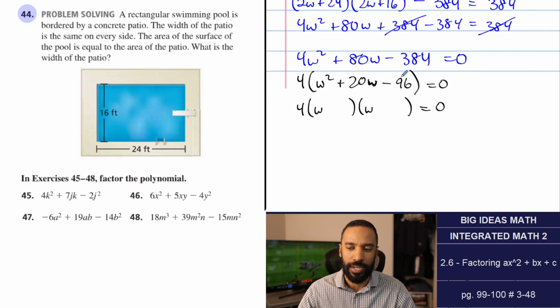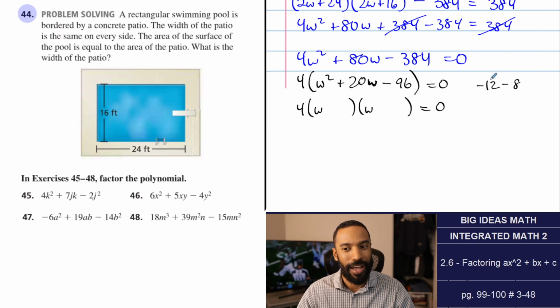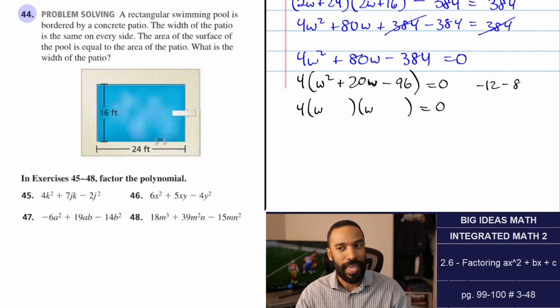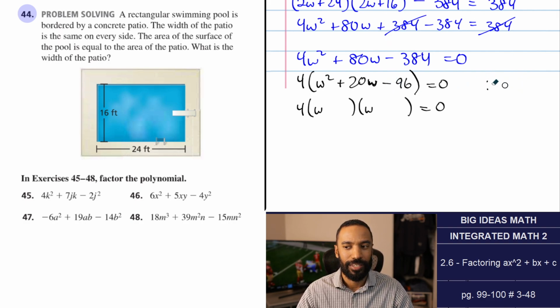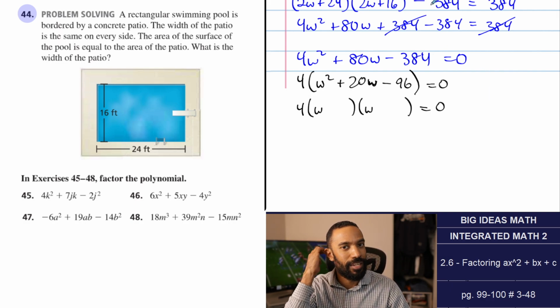What two numbers multiply to negative 96 and add to 20? You know what's funny is negative 12 minus 8 is negative 20, and times 8 is positive 96, but this is the other way around. It's a negative 96 product. So these numbers might actually be bigger because it has a difference of 20. So, okay,